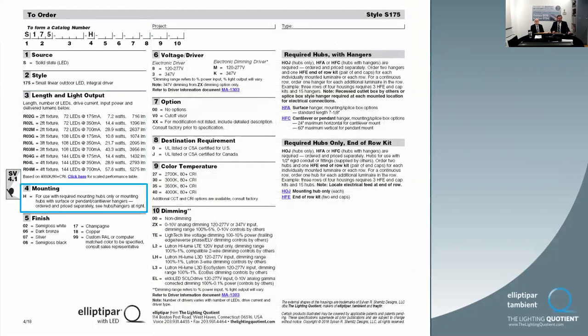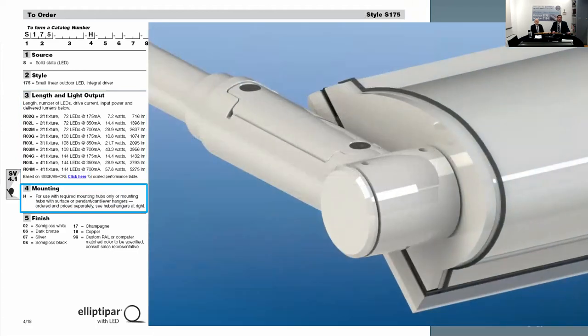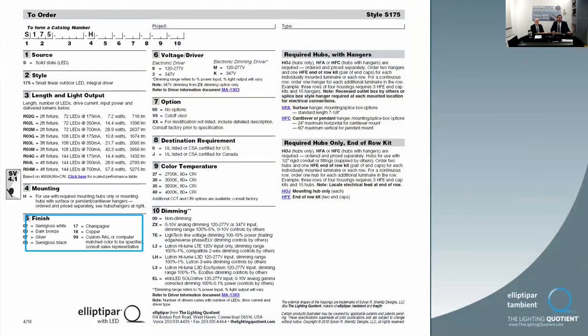Mounting, we still have the H mounting, which signifies hub mounting, shown here. This is the new splice hub. So it's very similar in size to the previous hub. We just have an area now that we can do daisy chain splicing through. Finish codes are the same as before